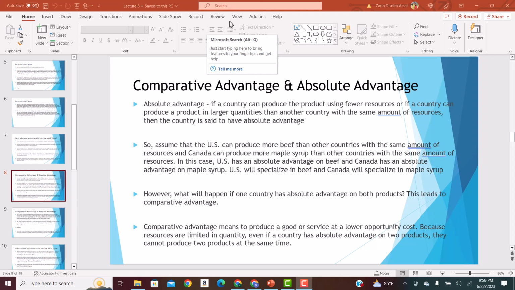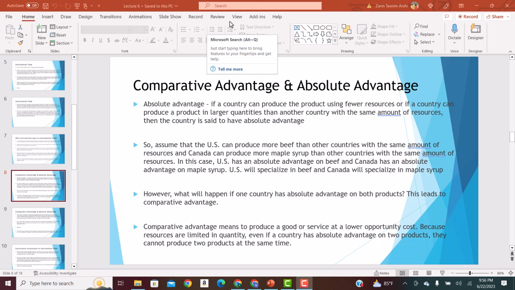So the basis of trade is absolute advantage and comparative advantage. This is very important because we need to understand the basic concept of why countries engage in trade. We know the fundamental reasons, but there is also a basis, in terms of mathematics, that shows it makes sense for both parties when two countries engage in trade. And those concepts are based on absolute advantage and comparative advantage.